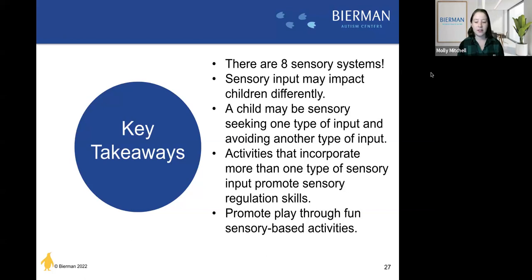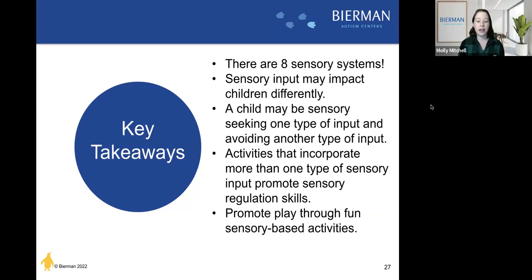And so every activity that we do with our children, whether we realize it or not, involves multiple sensory systems. So I promise it's not as hard as it seems. And like Maddie said, the OT at your center is more than willing to help you come up with some amazing sensory-based activities. And the last key takeaway that we would hope for you to get from this presentation is